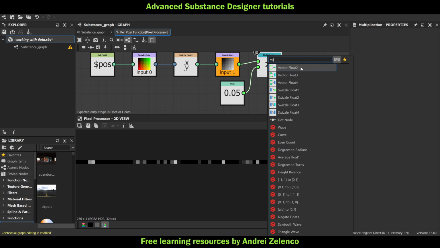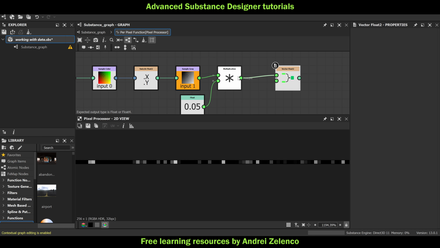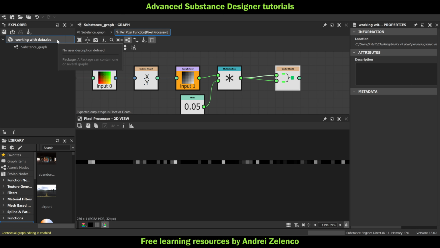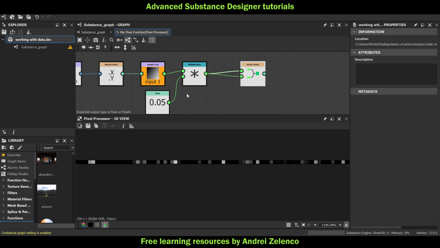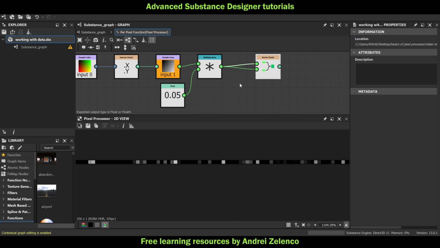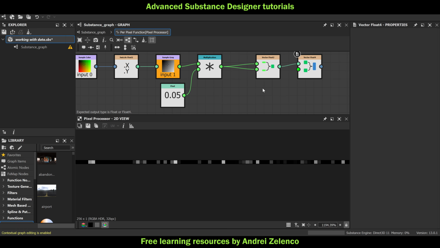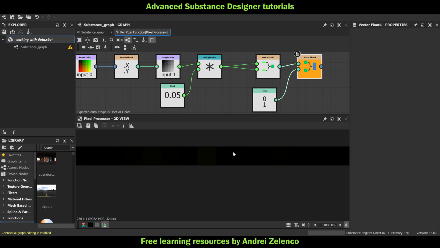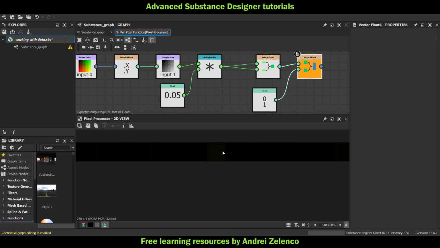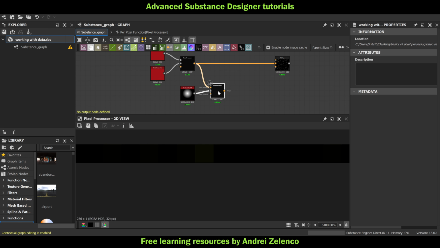Okay, then make this into a float too, so the width and the height are the same, and this will cause our circles to remain proportional and to be circles and not ellipses. And then we need to pay attention to the fact that we need to output a float. Great. So I think you can barely see, but we still have some pixels here that are colored. Okay, good. So now this is our list of